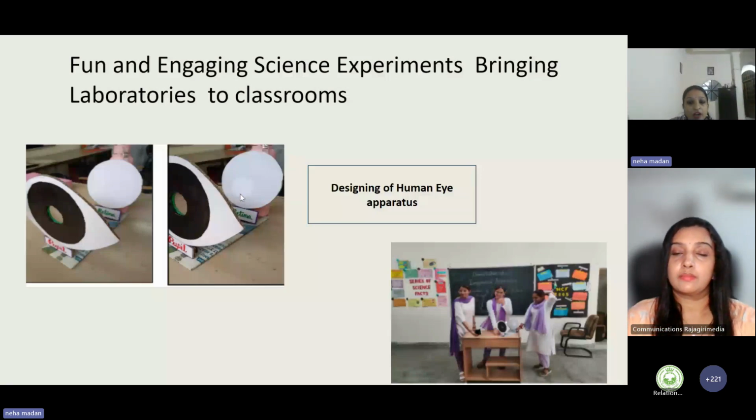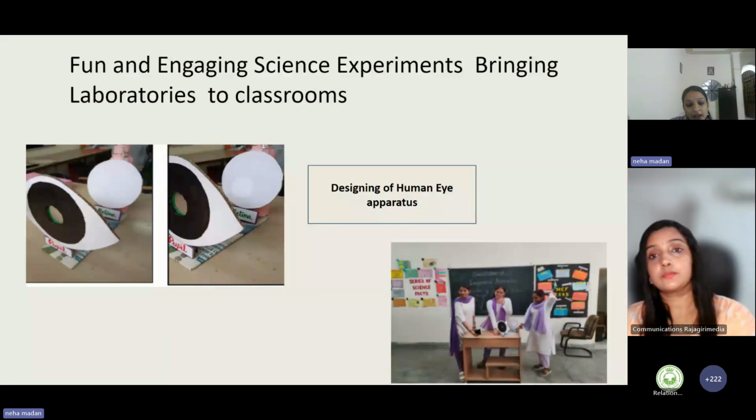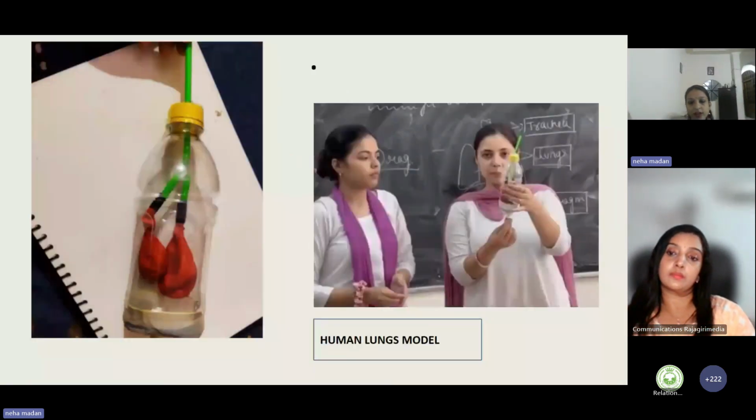These are the teacher trainees who are doing the teacher education course in our college, and most of the things we start providing from teacher training so that when you become a teacher in the actual field, you can implement different things. So one simple thing is that we can create our own apparatus by using low cost teaching materials, and they can provide the experience to the learners as if they are using standardized apparatus. Like there is another apparatus; we all have the topic of respiration in class 7,